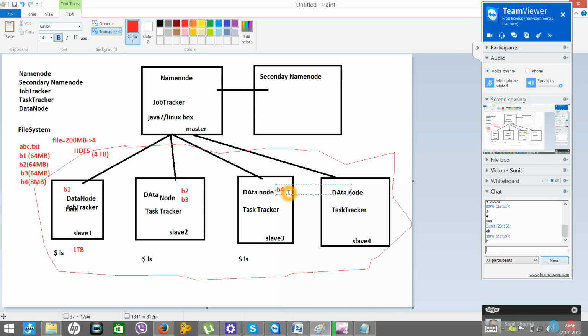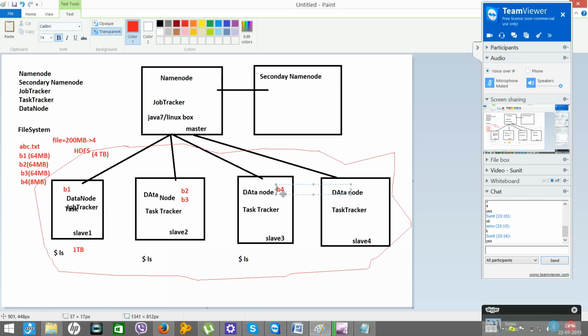We store the data in these 3 nodes. So what will happen if this node goes down? We will lose this B4 data, isn't it? If the third node goes down, we lose B4 data, and then the output of the processing will go wrong, isn't it?